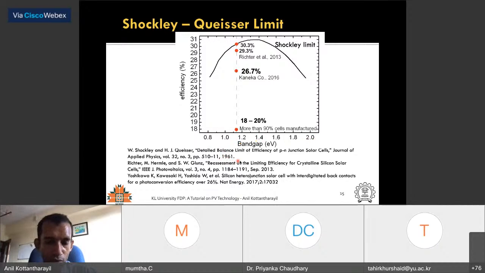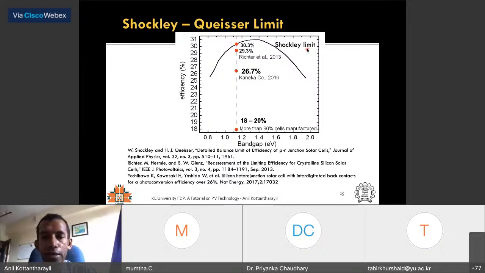If you want to read more about how they got this, there is this paper from 1961. You can see the maximum is achieved around 1.4 eV, which is the band gap of gallium arsenide. This is the band gap of silicon. So you can get up to 30.3% as per